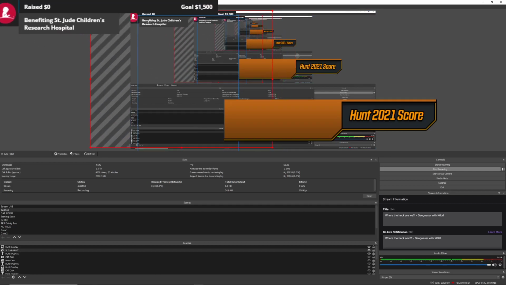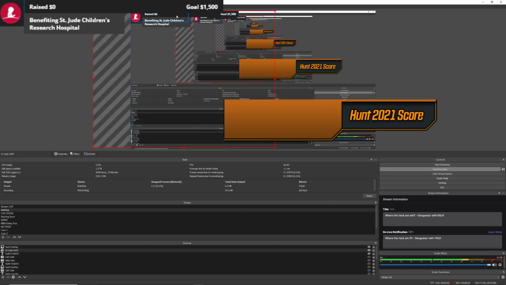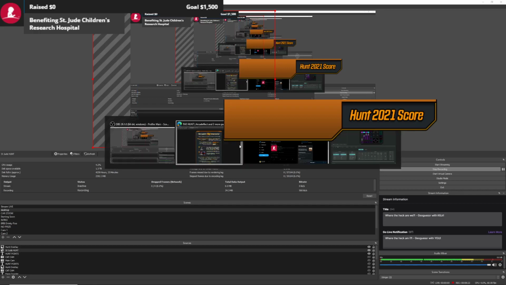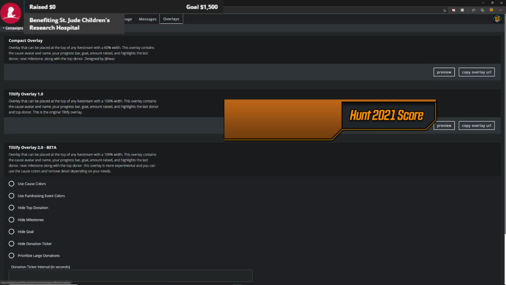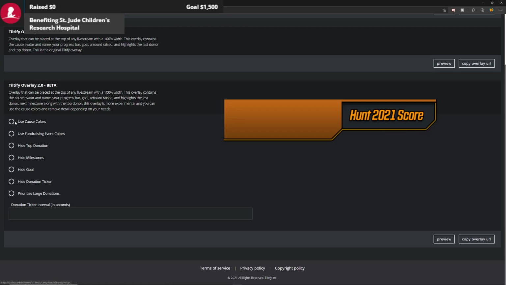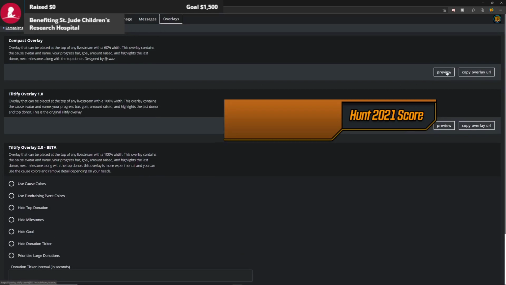All right, basically what you want to do is get your St. Jude goal widget. To get that, it's going to be on your Tiltify page, and you want to go to your overlays option. Click on overlays. I've chosen the compact overlay. You also have the Tiltify overlay 1.0, which will cover the entire top of your screen if you want to do that. I've done that one before. You can also customize it with custom colors, fundraising event colors, all these things. That's a little more complex, so I would say choose one of these top two options. If you decide that you want the compact one like I did, then you hit copy overlay URL,